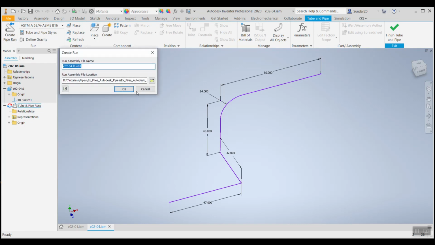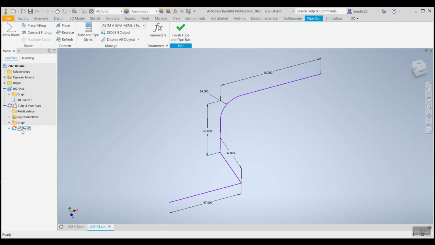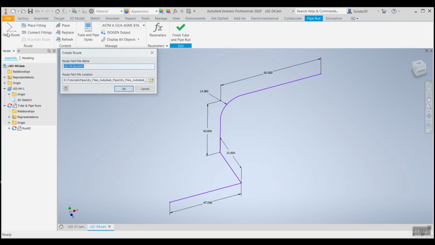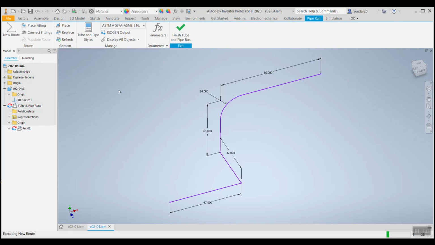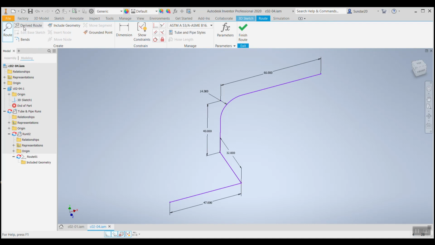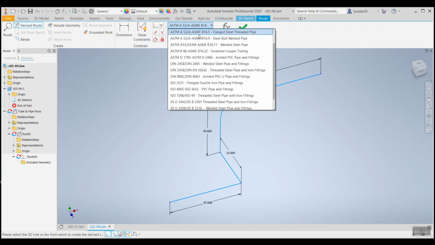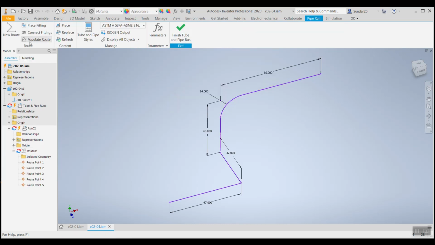Create pipe run. So we have created a run, new route. Okay. So here we have something called derive route. Select that option and come over to your sketch and just select it. And before that, make sure that you have selected your desired tube and pipe styles, right? Say finish route, go and say populate.